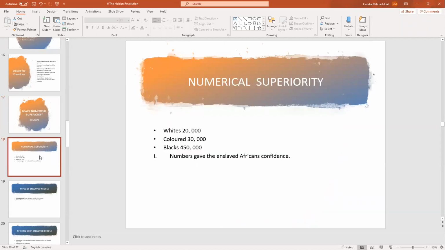The whites had 20,000 people in Saint-Domingue. The coloreds were 30,000. The blacks were between 450,000 and, some historians said, 500,000. So they outnumbered them